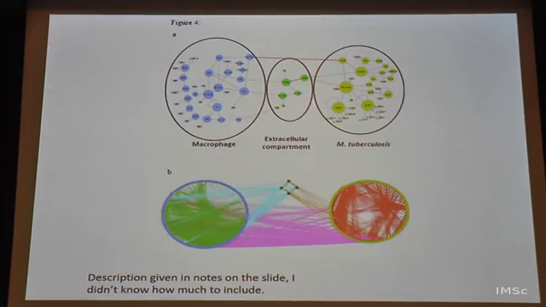So these are the components: macrophage, TB, and the extracellular compartment which is there between the two. And you can write down influences of each node to each other node in the system, purely by connectivity, somewhat analogous to your shortest path kind of a thing. Is there some sort of an influence of one node to another within a reasonable number of steps, that kind of a thing. And that is what you see here. Although there are only this many components, the number of influences become very large, and it becomes somewhat like a cycle, but these are the 4 hub ones which are between the two, which are very, very strongly influencing the whole system. So you see a large amount of crosstalk, indirect crosstalk this is, between the two systems.